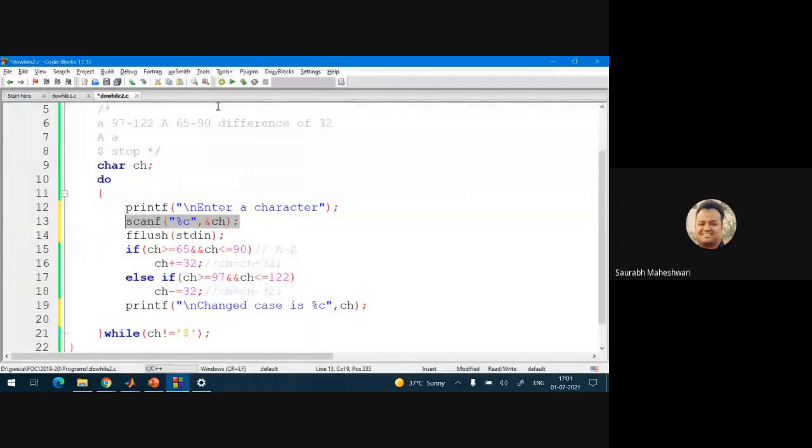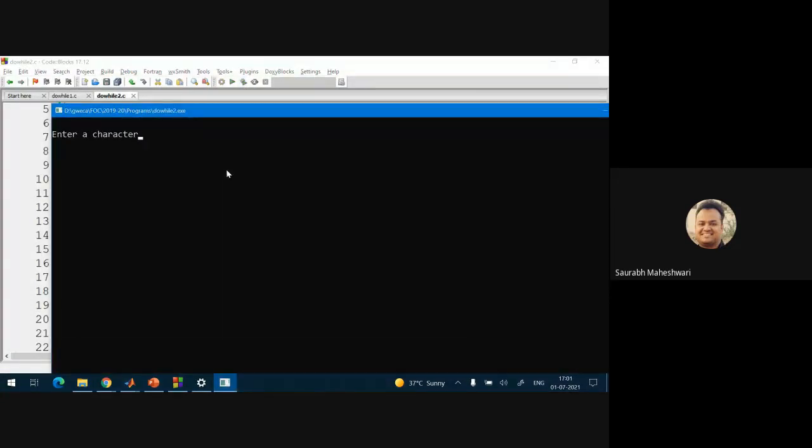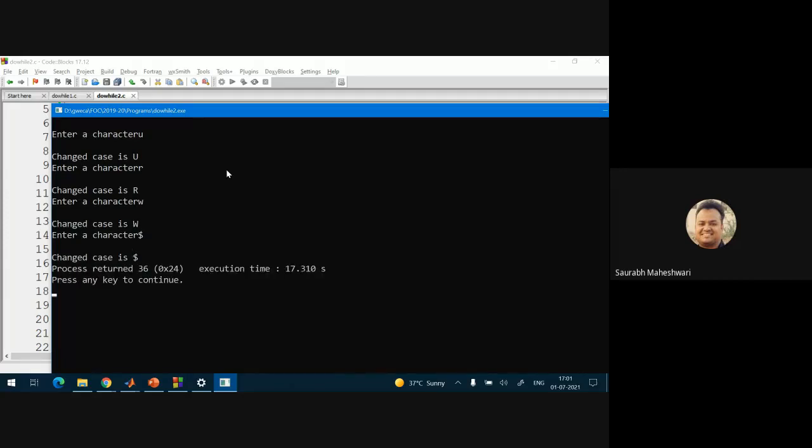Fine, let us stop this program and run it again. Now enter a character. Suppose I enter small u, it is giving capital U, and now you can see it is asking for the next character, capital R, W to capital W, and when I enter dollar, it stops. Changed case dollar.